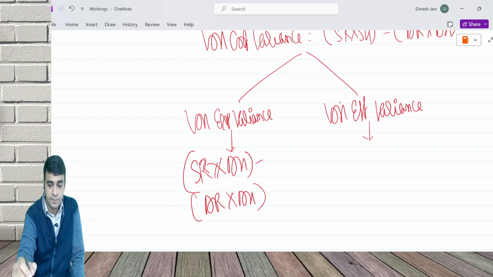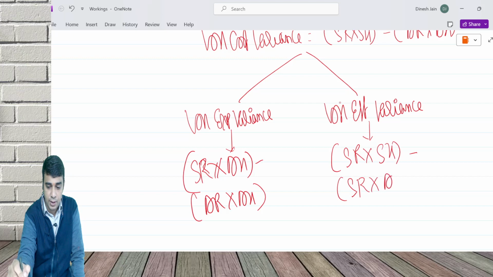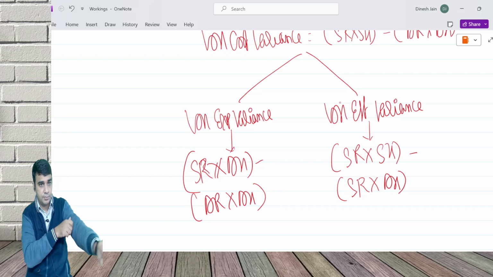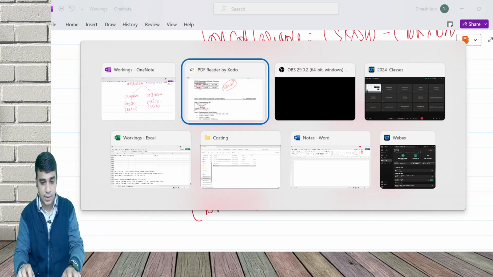Efficiency is SR into SH minus SR into AH. Clear? Any doubts on this? Now below this, right, note